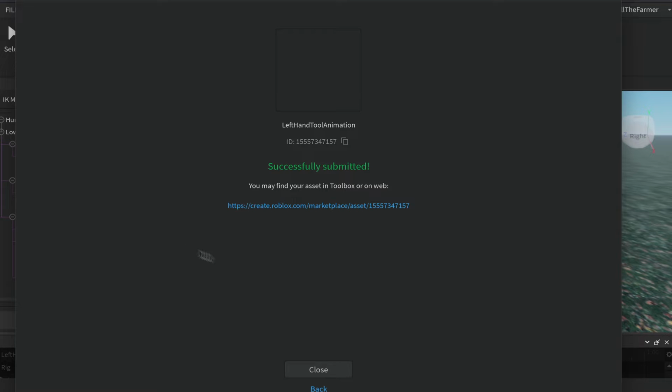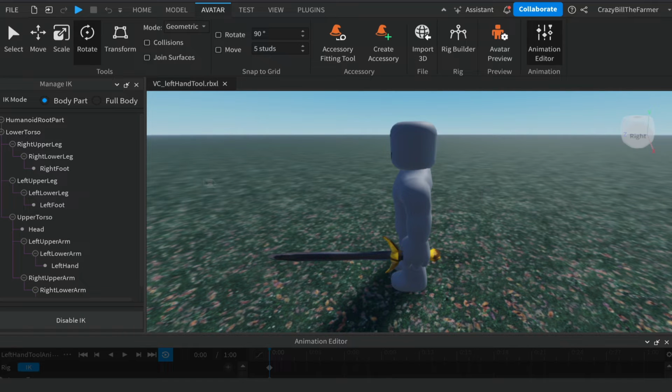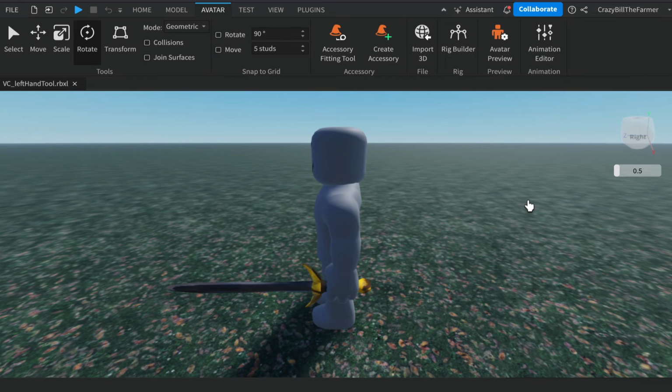Okay, you should get this success window come up here. Now what we'll do is initially click on up here. You'll see you can copy this with this little notepad, so left click there and it'll say ID copy, and then click on close. Now we're effectively finished our animation, so come up and turn off the animation editor, and